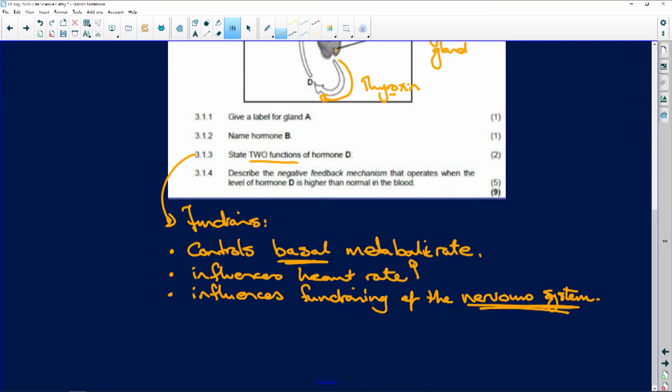Okay, then it says here, oh, wait, I can think of another one. It also regulates body temperature. You can say that's thermoregulation. Thermo means temperature. So also for thermoregulation, and think about it, when you are training and cycling 50 Ks or running 10 kilometers, you need your thyroxine to be working.